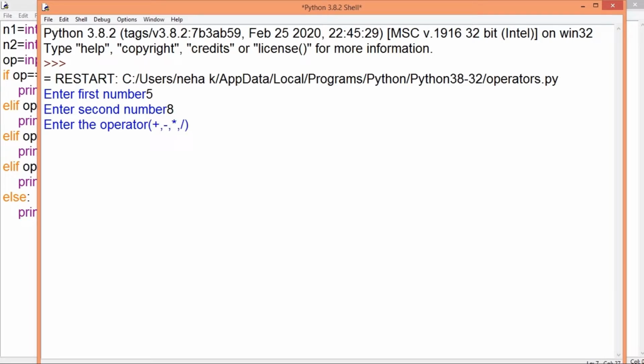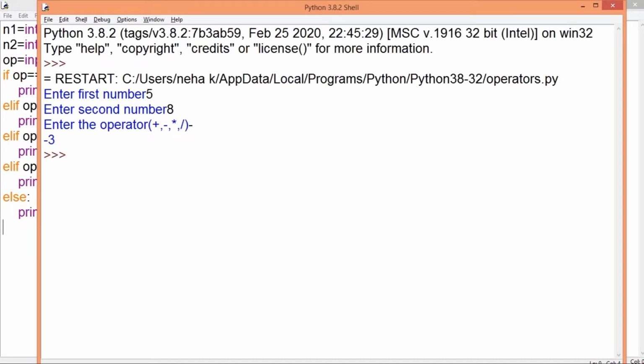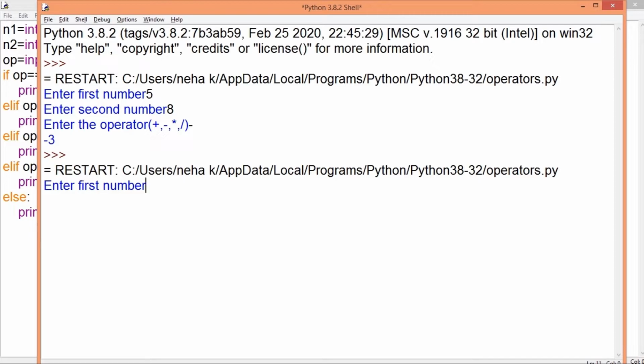I want to perform subtraction, so I input the minus symbol and it gives me the answer minus 3. Let me run the code one more time, and now I will enter an operator which is not given in the list. So this is my number and I give the symbol, let's say modulus. So on the screen it shows invalid operator.